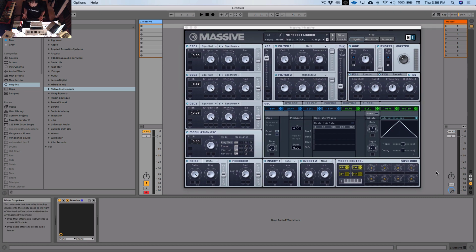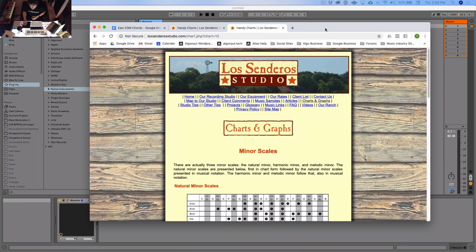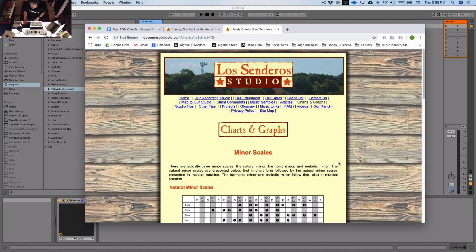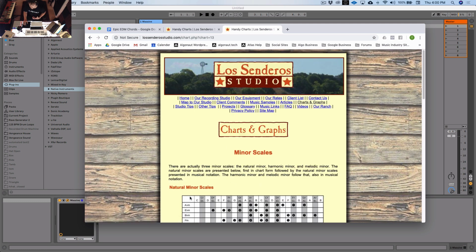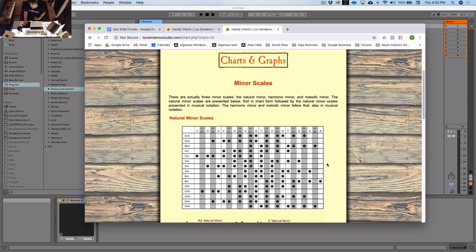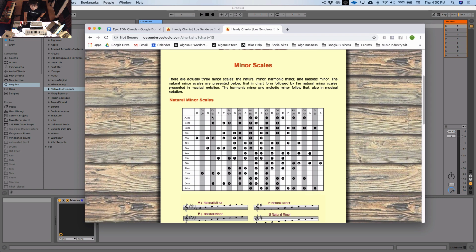All right, that's the basics of making a supersaw hypersaw massive. And now what we need to do is write the chord progression. I've broken this down into about 7 steps just to make it easy to follow and to understand. The first step is to choose your key and figure out what notes you can actually use. There's a website here that I found called Los Senderos Studio, and they have this section called Charts and Graphs. In Charts and Graphs, you can click on minor scales. Now bear in mind, most dance music is written in the minor scale, so this is the one to look at. And here you see this table that shows you all the different keys on the left, and your keyboard